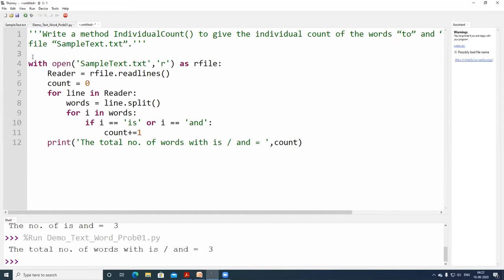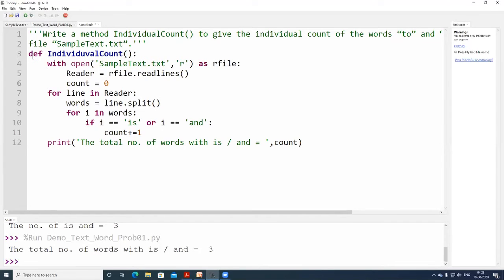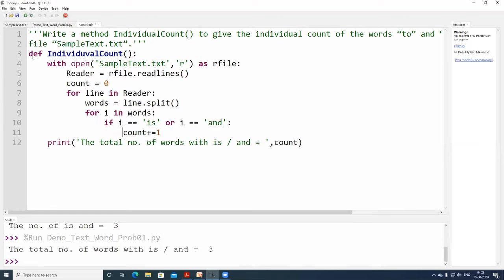All right. Here they have given me def. The function name they have given is individual count. What I am supposed to do now is make a little bit of alignment there. If the alignment or indentation is not present, it will throw an error. In order to avoid those things, now